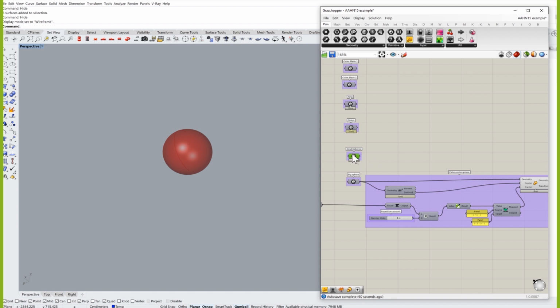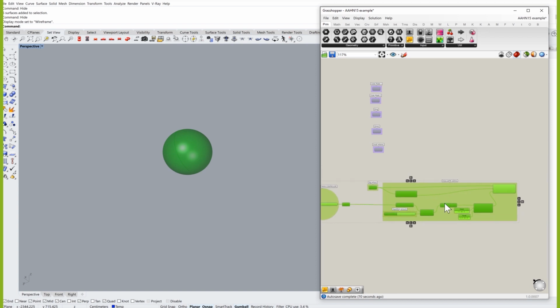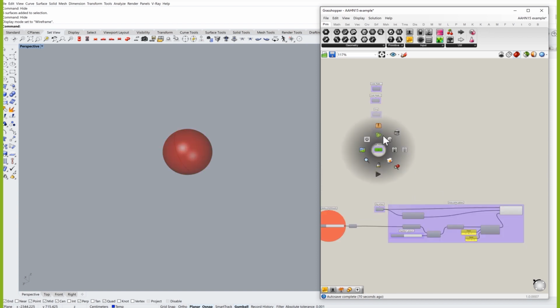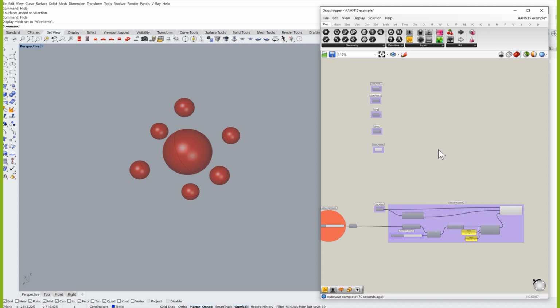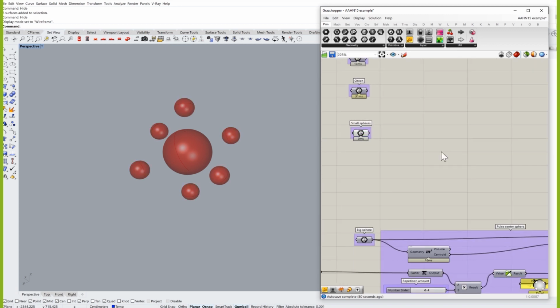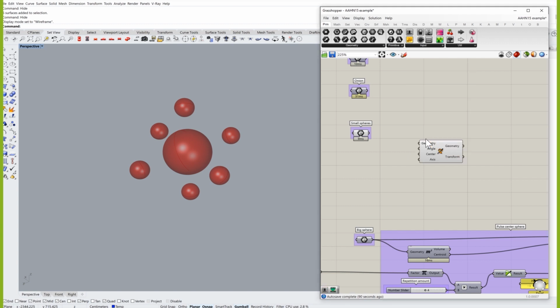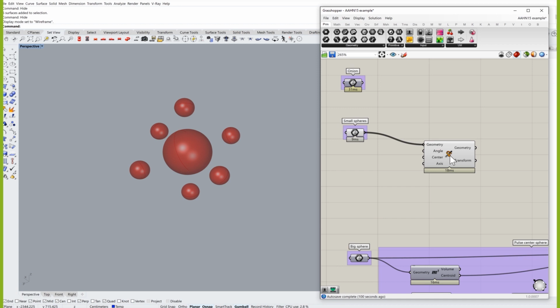Okay, let's do something else. Let's take small spheres, for example. Let's say the big one pulses, the small spheres, they will rotate, right? And they will rotate around a weird axis, right? Maybe the axis is also going to be animated, we'll see if we have the time. So these small spheres, they will rotate in 3D, right? In 3D direction. So rotate 3D for all of these small spheres,